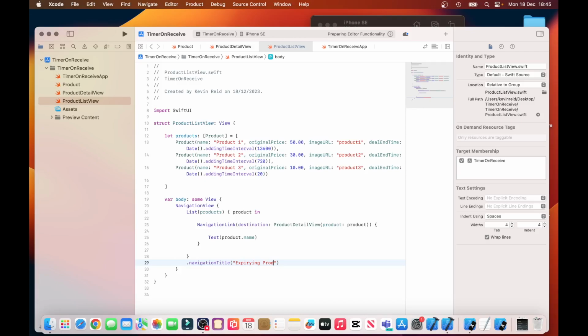Rerun it and see if we can navigate to the product details. As you can see, the disclosures